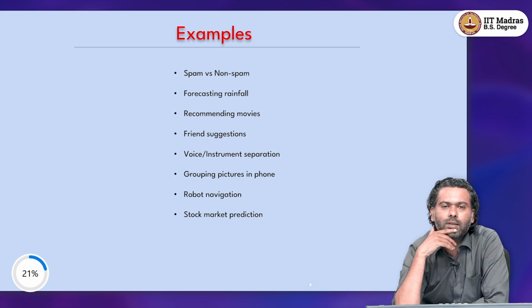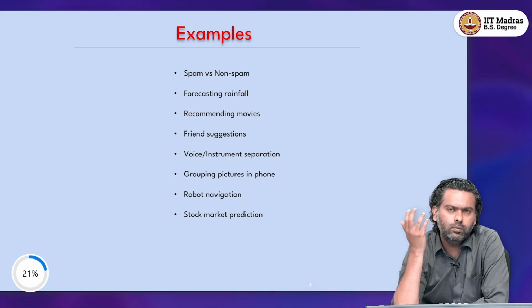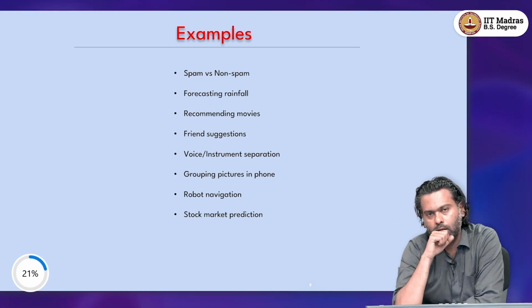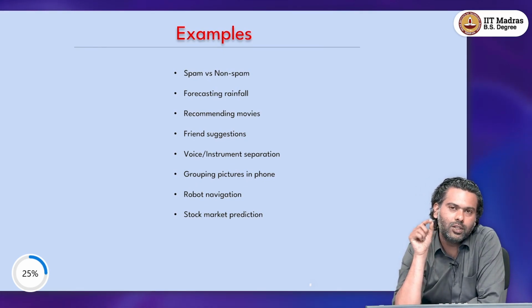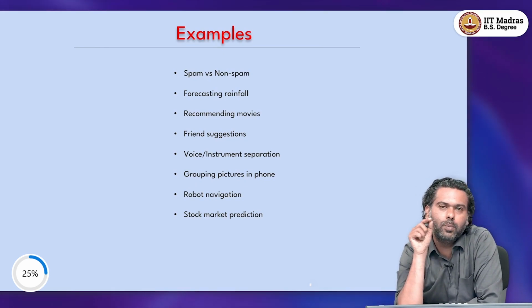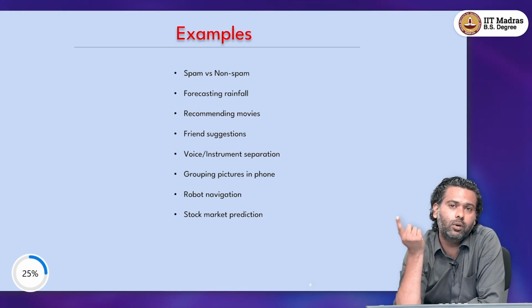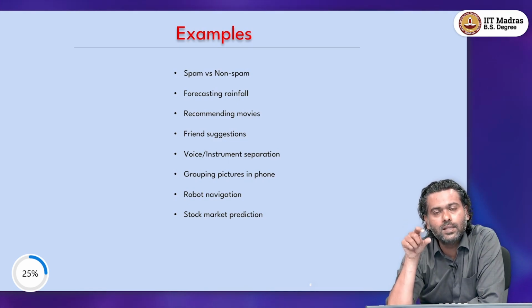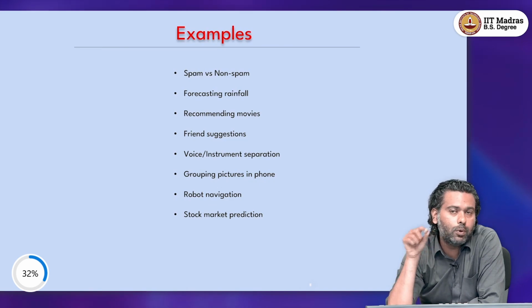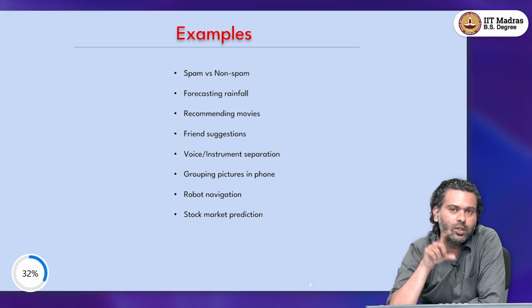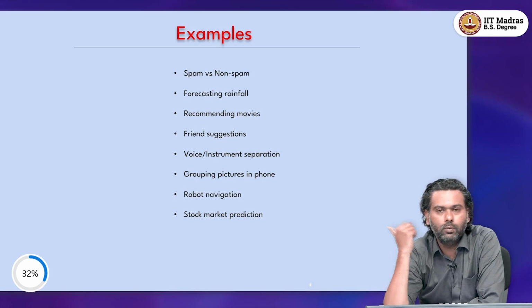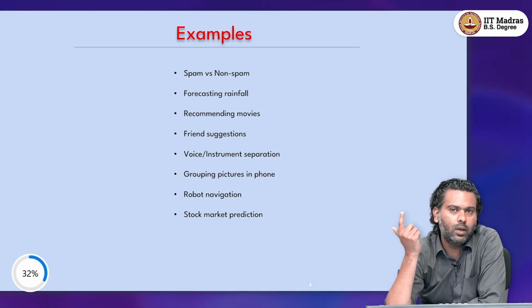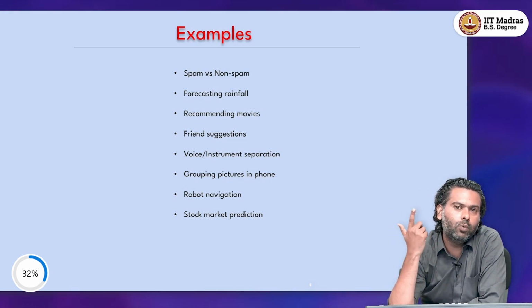Let's say you are in Instagram or Facebook, or even LinkedIn for that matter, where you might get suggestions for friends, right? So these are people whom the platform or the social media website thinks are potential friends for you. So it suggests them and then asks you, do you want to follow them? Do you want to give them a friend request, and so on? So what kind of data will it work on, and what type of learning is this? Is this supervised or unsupervised?